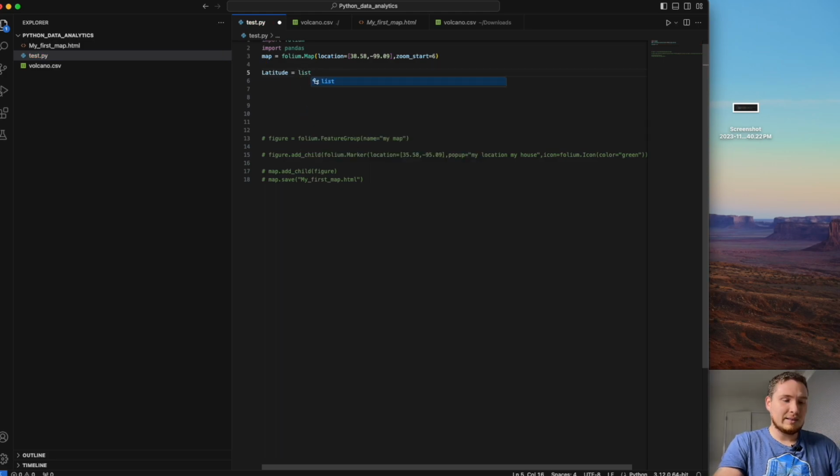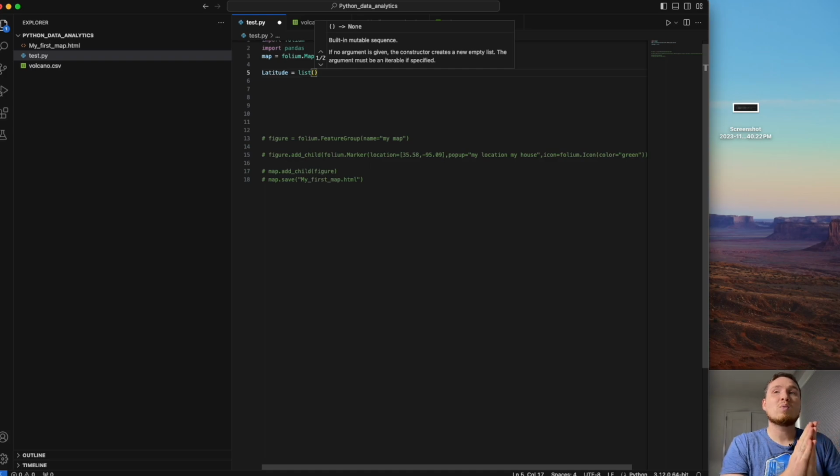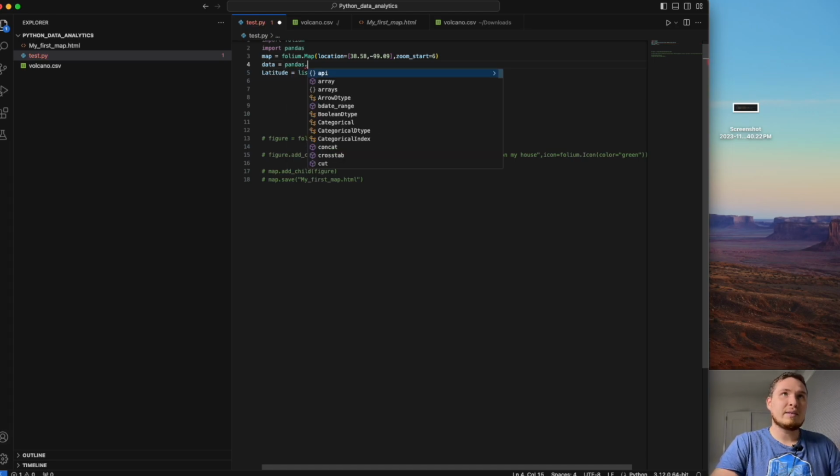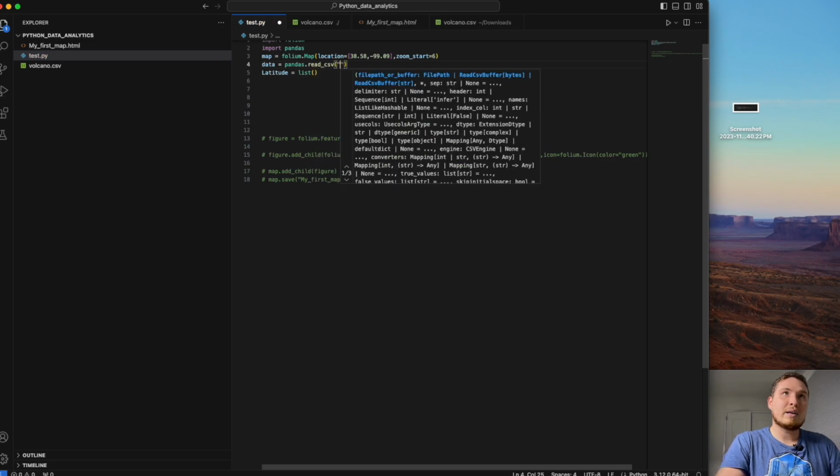So let it be a list. Now I know what kind of data type I want. Now I need to extract it. Where do I extract from? Let's create the object which we created in the interpreter before. Let's call it just data. And on this data object, we will call the pandas library with the method read_csv, and we pass our parameter volcano.